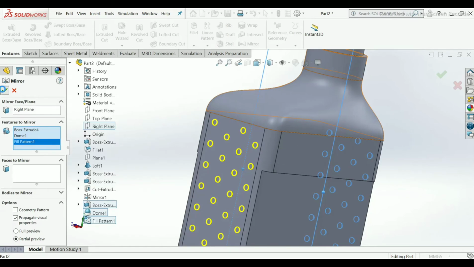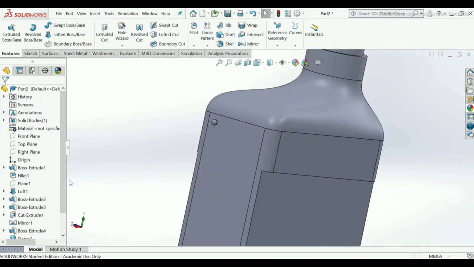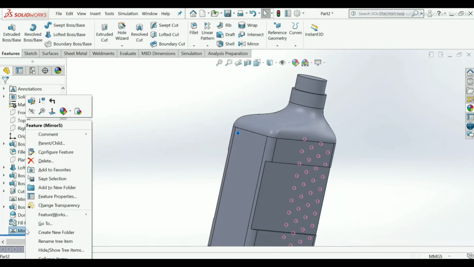So click OK. But sometimes it shows an error, and so you can apply it another way.